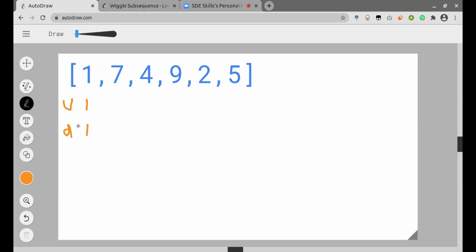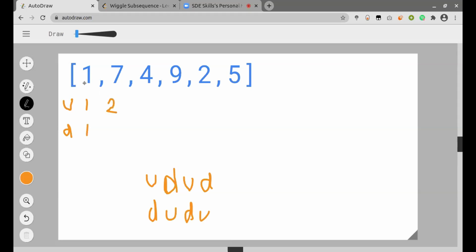So I'll take whatever value I had in 1, which was decreasing, because the sequence goes decreasing, then increasing, then decreasing, or the reverse one, which would be first decreasing, then increasing, then decreasing, then increasing. So if I take 1 7, here I can see it is an increasing one. So I will take the value of the decreasing sequence at the index 1, and I will add it to my 7. So it will be 2 here.